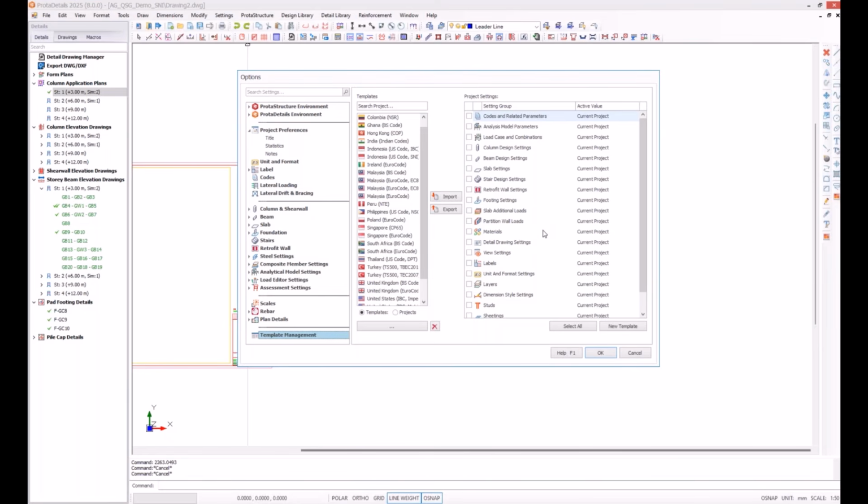But sometimes you need more than one template for a country, for your company. You may need specific templates for your company, and you may need to share them among colleagues or with other companies, right?